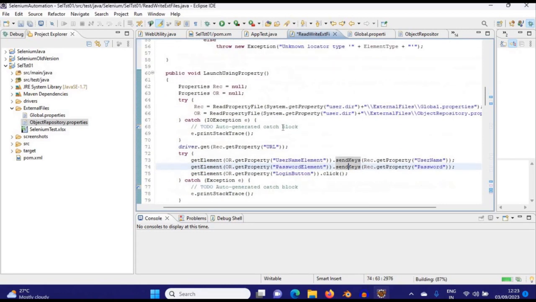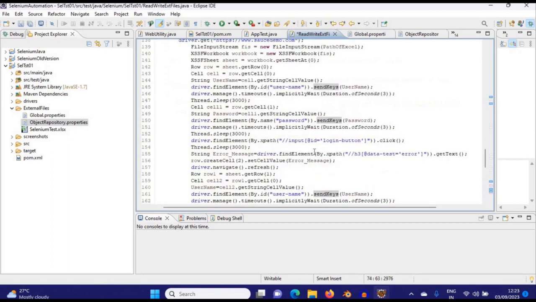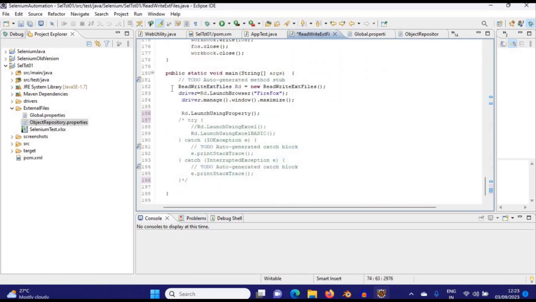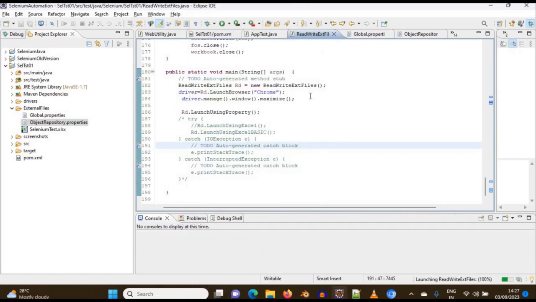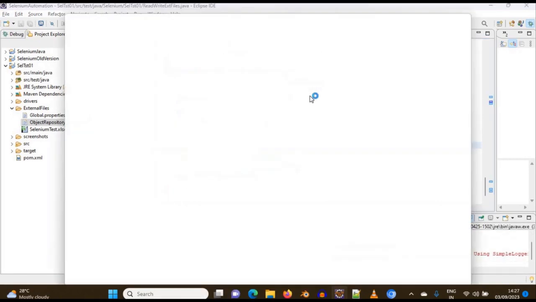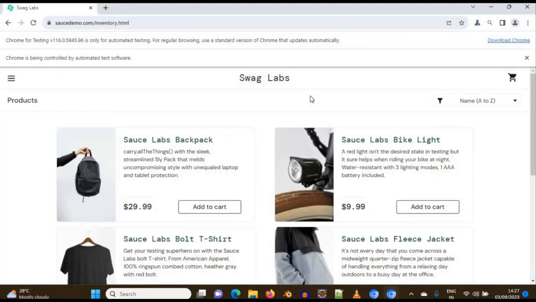So that is how a property file works. It's very useful. You will have to try it out. Let me run and show you what exactly happens. The URL has been picked from the object repository, and also the username and password have been picked from the local repository, and the elements are picked from the element repository. And it has launched the web page. So that's all for property file. Let's see about